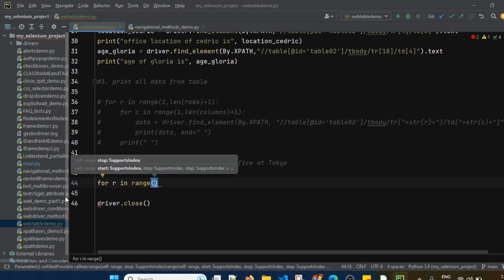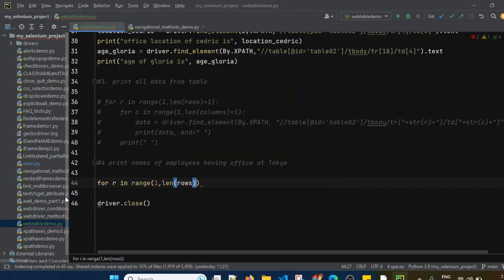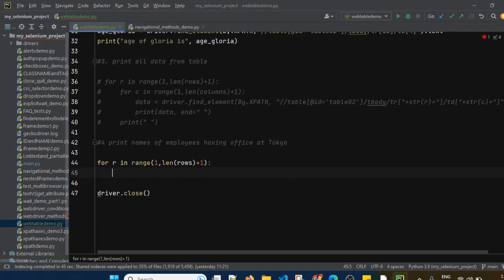Again we will start with 1 and we want to reach the length of rows plus 1, and in this loop, we will first find out driver.find_element